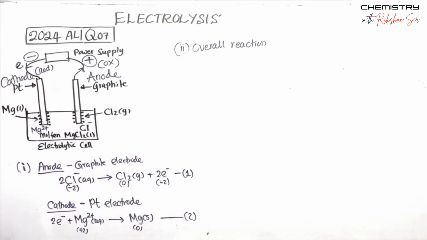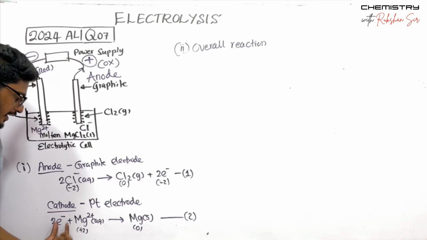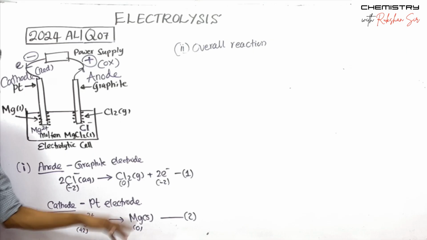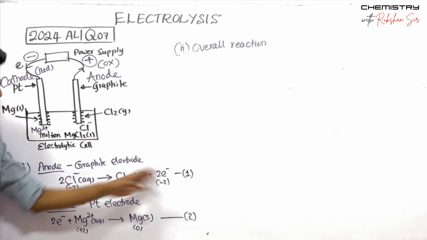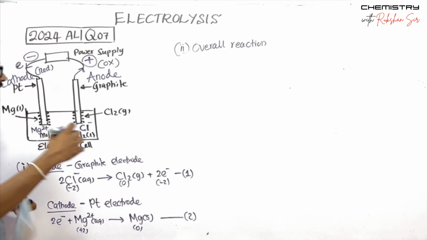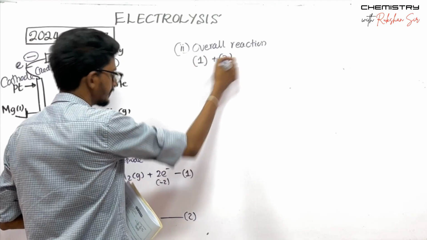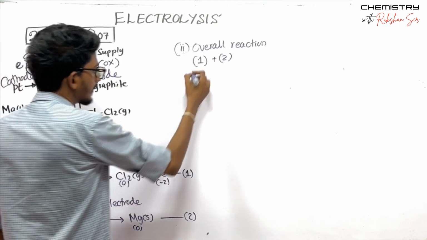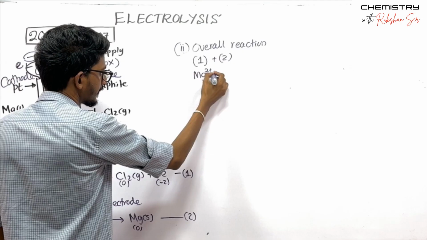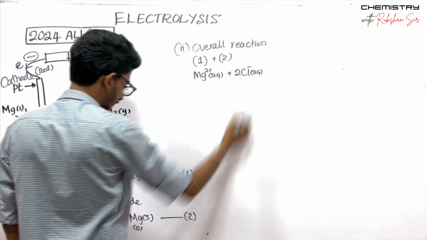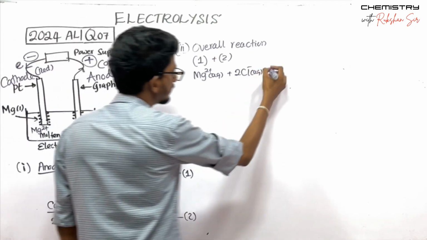We are supposed to get rid of the electrons by adding the two; the 2 electrons on the left and right cancel off. So overall reaction is adding 1 to 2. That will give you Mg2 plus aqueous plus 2 Cl minus aqueous gives Mg solid plus